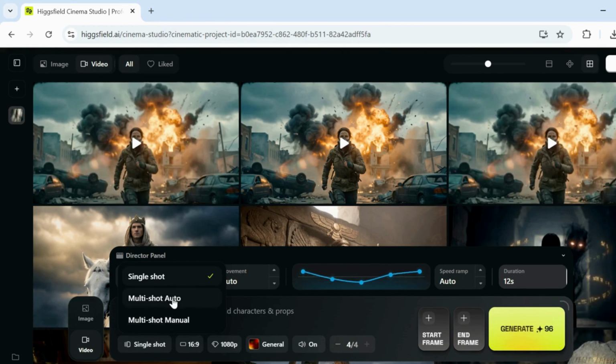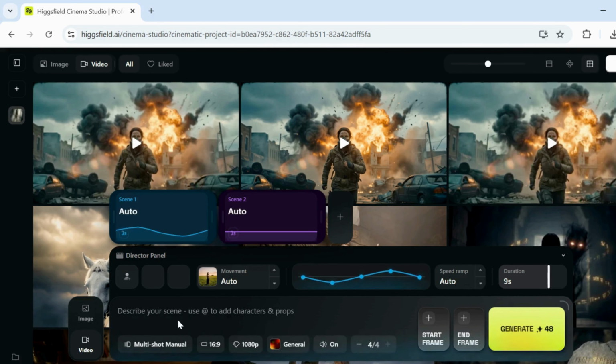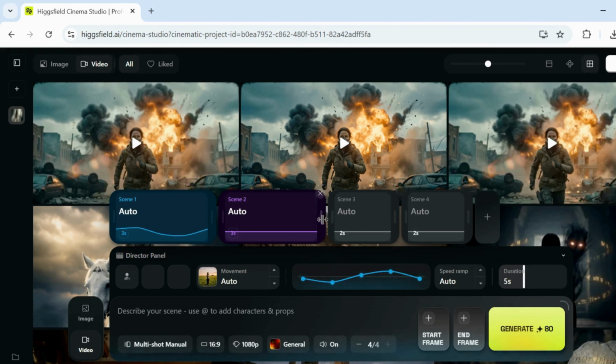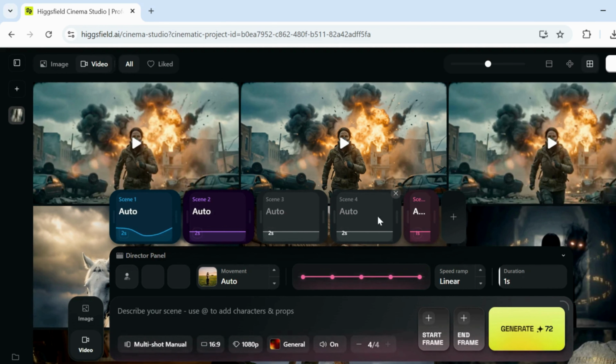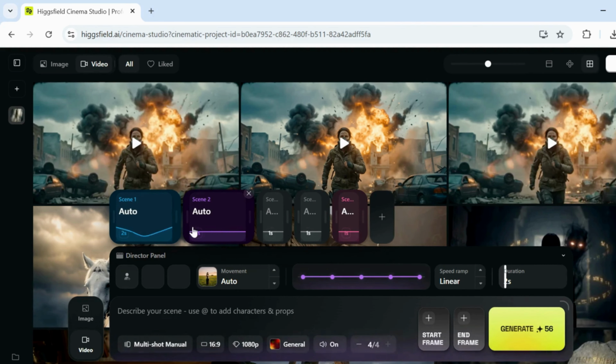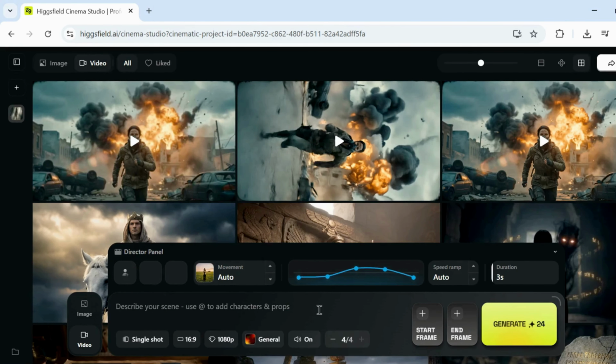And now the creative control really opens up. You've got three main modes. Single shot generates one clean cinematic clip from your image and prompt. Multi-shot auto takes one description and automatically turns it into multiple connected shots. Multi-shot manual lets you build a sequence of up to 6 shots. You can set the duration for each one. Write separate prompts for every angle. Direct the pacing. Control the transitions. Shape the emotion shot by shot. This is no longer just generating clips. This is directing scenes. We'll start with single shot,